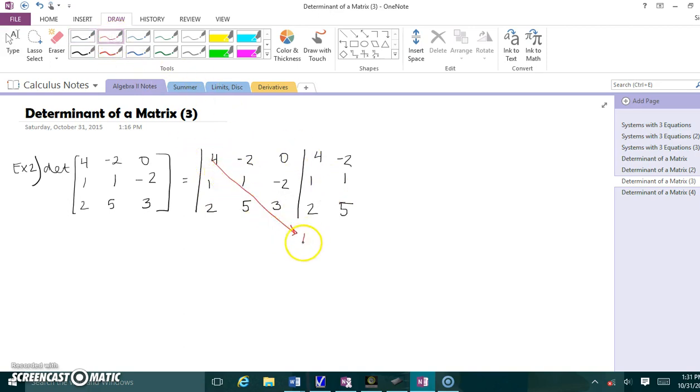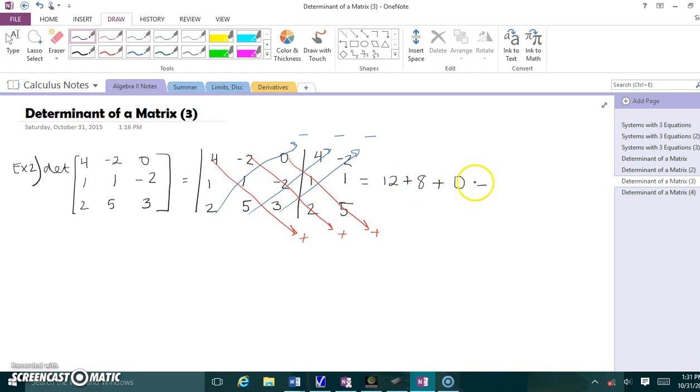So I'm going to do this, plus this, plus this, and then I'm going to do this, or minus that, minus that, minus that. So this is the last one. I'll do all out with you. 4 times 1 times 3 is 12, plus negative 2 times negative 2 times 2 is 8, plus 0 times